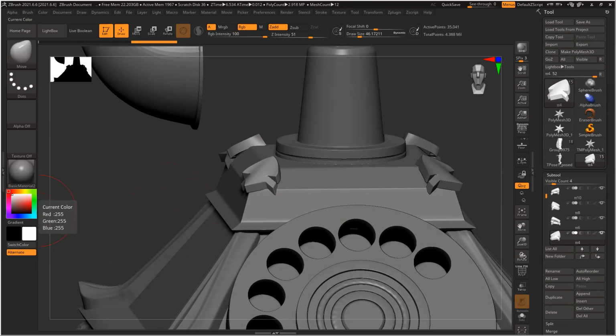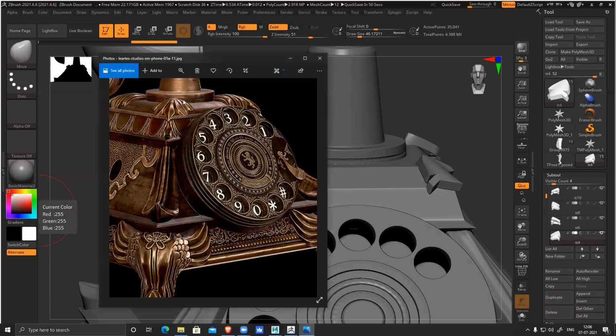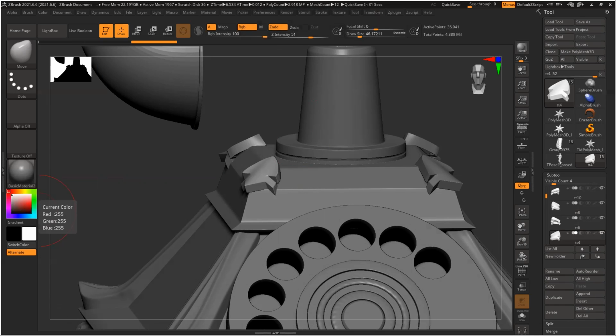Okay, let's start with this. It's been 6 minutes, so let's start. For today, I'll start working on this, and then I'll explain how to create this kind of design in ZBrush, because this is not in our model. In low poly, it will be a flat surface, a flat plane only. So we have to create this design, and then we should be able to bake it onto the low poly surface. So let's start.